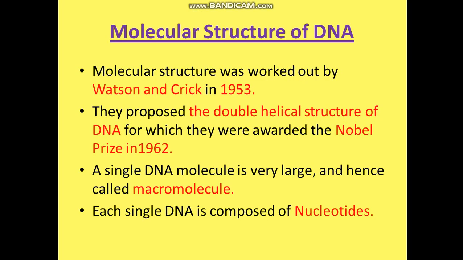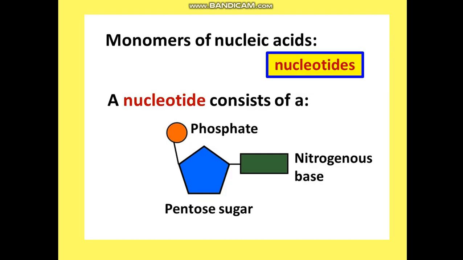Okay, so let us continue further. I was telling you about the nucleotides. See, the nucleotides are the monomeric units, monomers of nucleic acid. See the structure here. You can see a blue colored structure here connected to a round red colored and a green color rectangle. So the pentose sugar, the blue colored one is the pentose sugar.